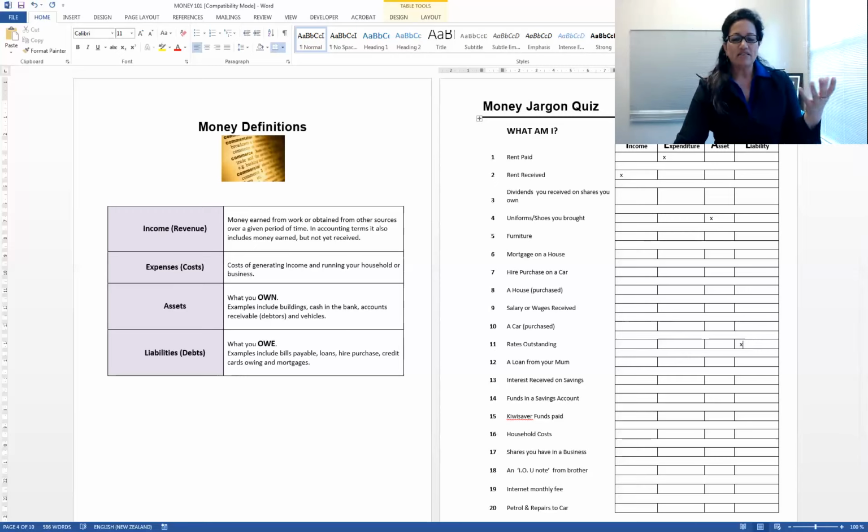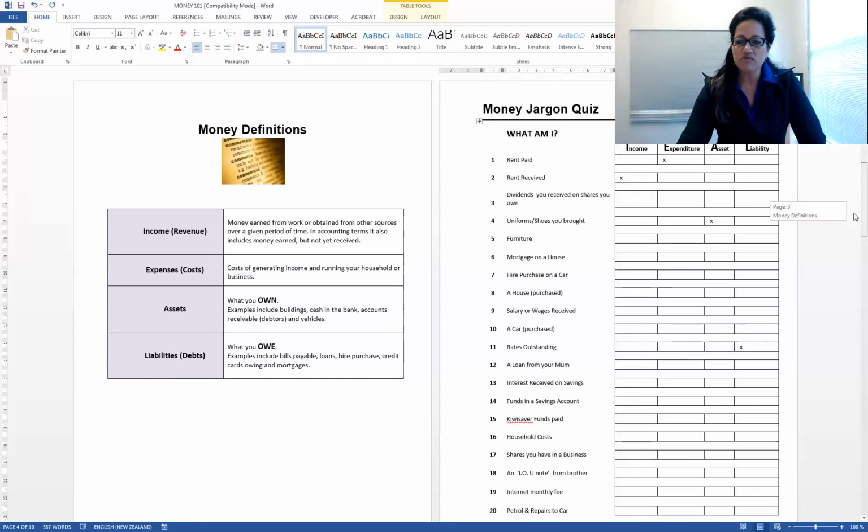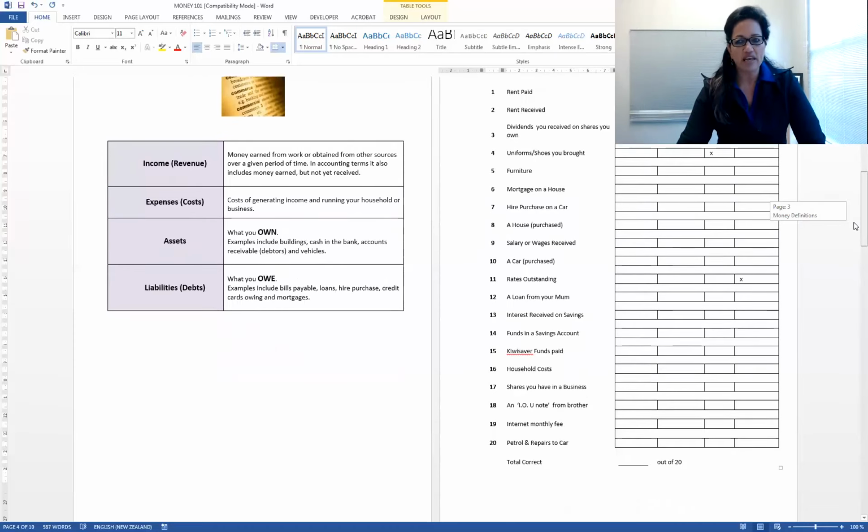So rates outstanding is a liability. Again, it's the words outstanding, paid, received, receivable. So look for the jargon, look for those additional words, and you'll start to realise where it fits under I, E, A, or L. Another thing to think about when you are looking at jargon is